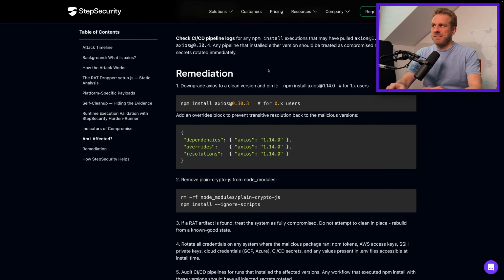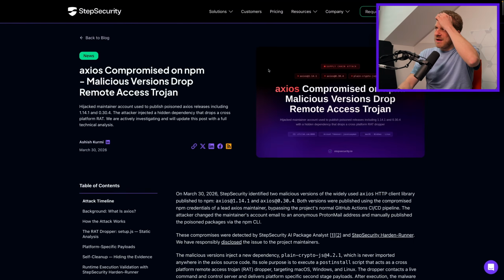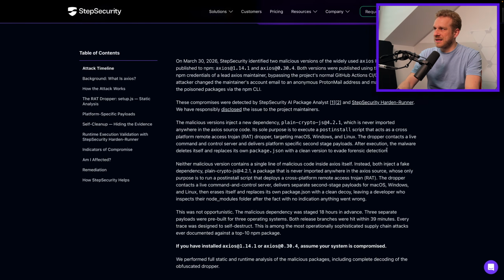Instead, it contacts a server and downloads the code from there. That is what happened here. And we have a detailed report on what exactly happened during that attack. You find it attached if you want to read all the details. But in there, we essentially learn that two versions of the Axios package, 1.14.1 and 0.30.4, were affected, were compromised